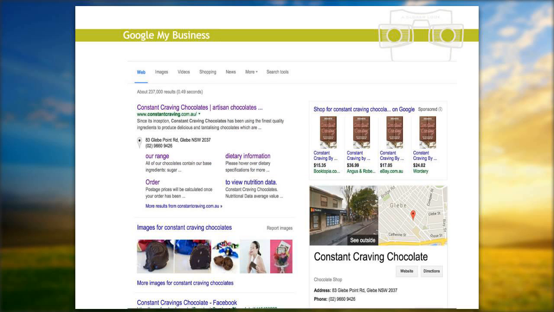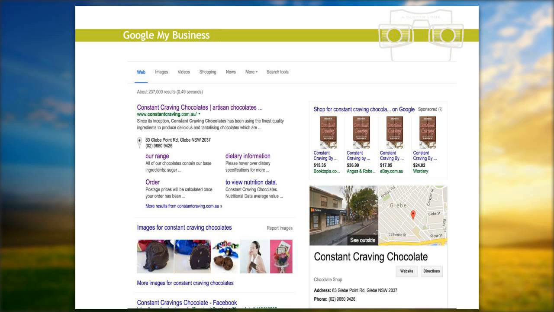Now, the reason it's really important to be careful about how you do your listing is I've got a bit of a case study here for you. I had a client, Constant Craving Chocolates, and if you have a look there, the Google listing on the right-hand side shows a physical address and a phone number.